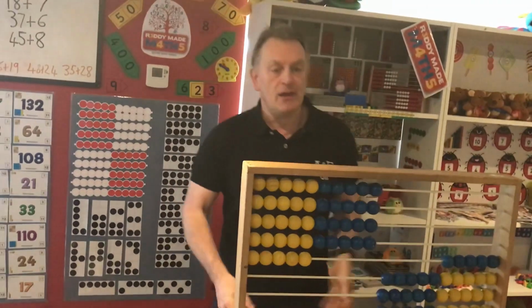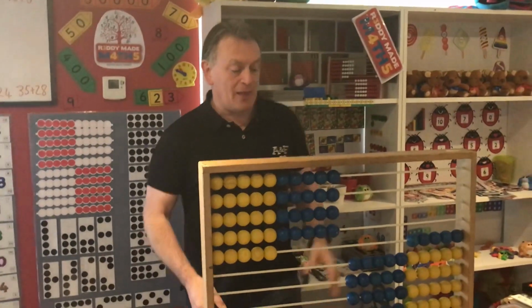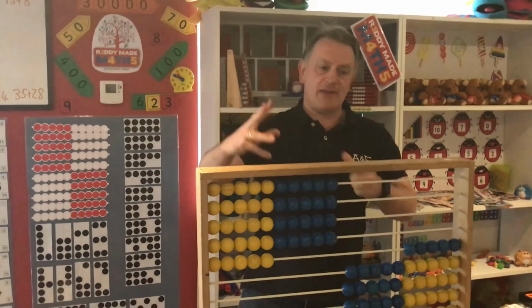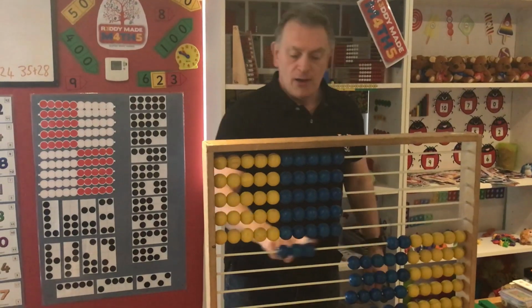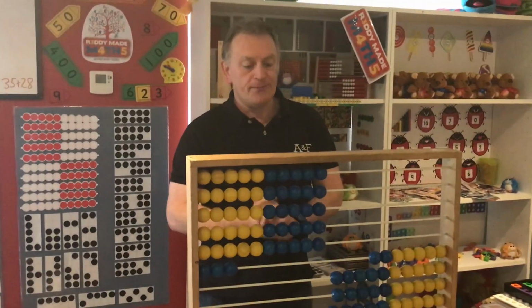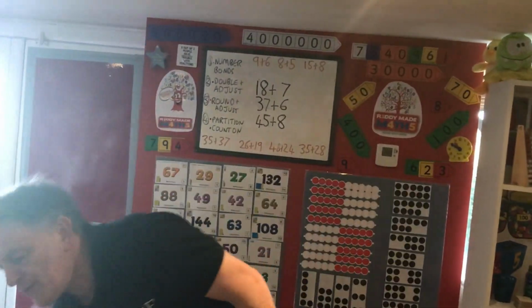Alternatively, here's 45. What could I do with that 45? I've got to add 8. Well, I'm not going to add 1, 2, 3, 4, 5, 6, 7, 8. I'm going to go 45 add 5 is 50. And 3 is 53. Now, if we go back to the board, the more we do this sort of strategy,